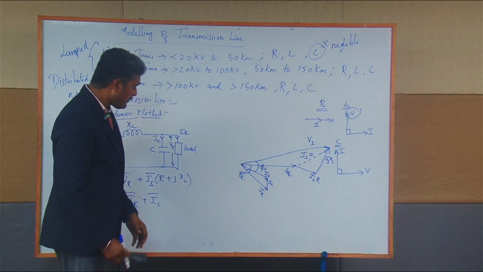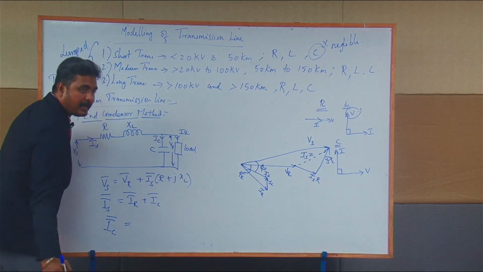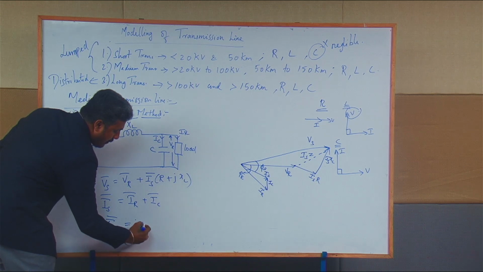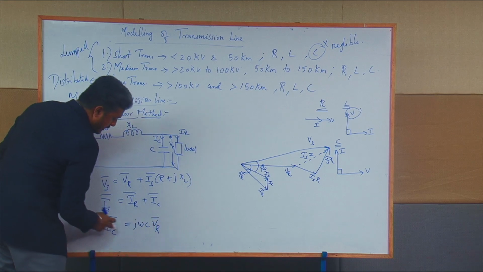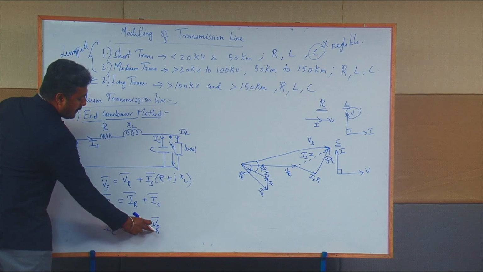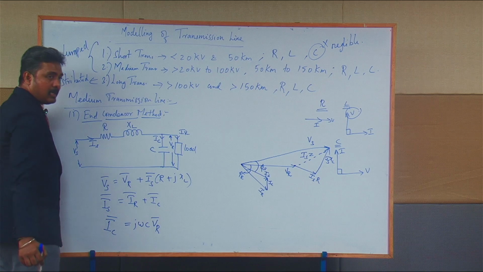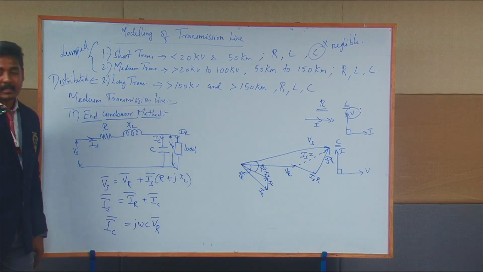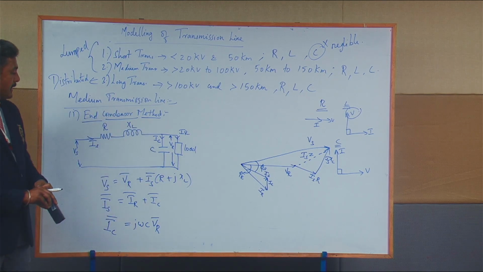Okay. And IC vector, if you are going to find the value of IC vector, you can able to find the value of IC vector by IC equal to J omega C into VR vector. See here, IC vector equal to J omega C into VR vector. Why I am putting VR vector here means because the voltage across this capacitance is VR. That's why I am putting VR here, where IC vector equal to J omega C into VR vector. This is what about the end condenser method. Okay. The next one is